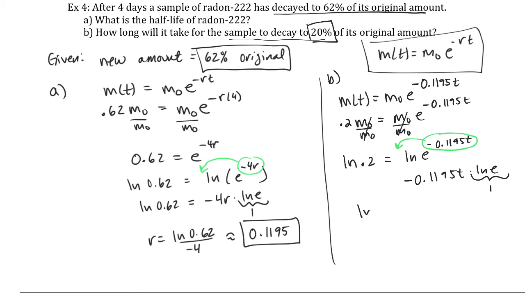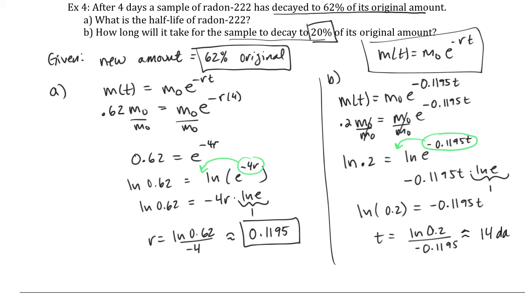So basically you get to take ln of that percentage, written as a decimal, and that is equal to the rate times time. 0.1195 times t, so t is ln of 0.2 divided by negative 0.1195. All right, approximately